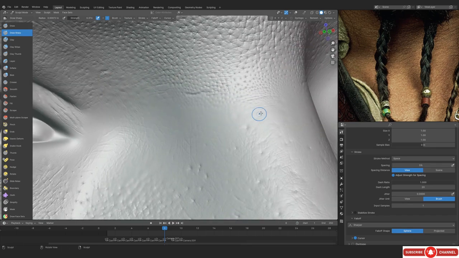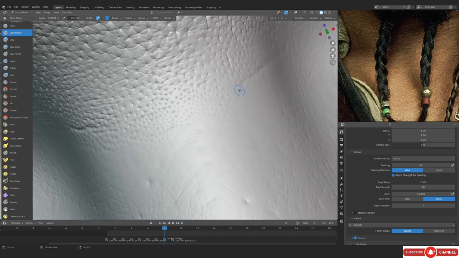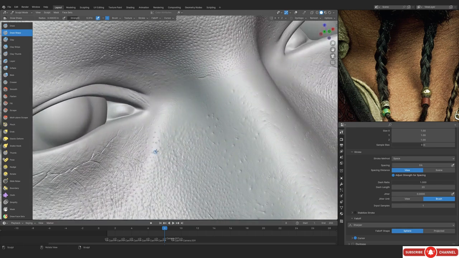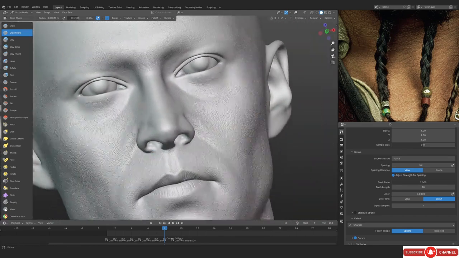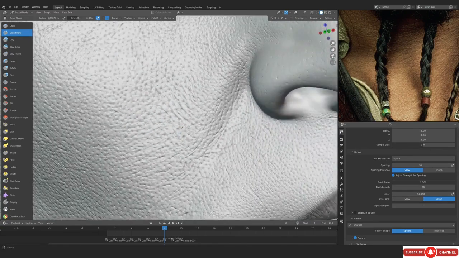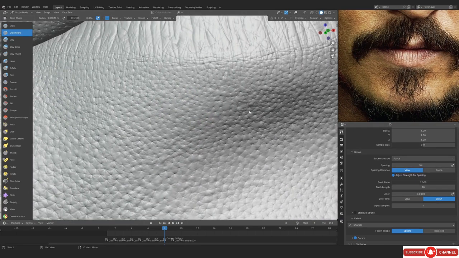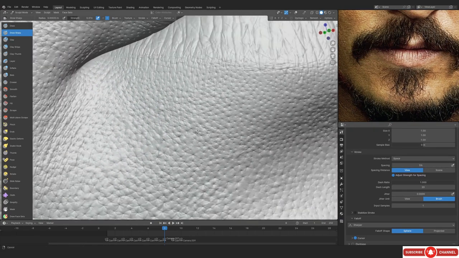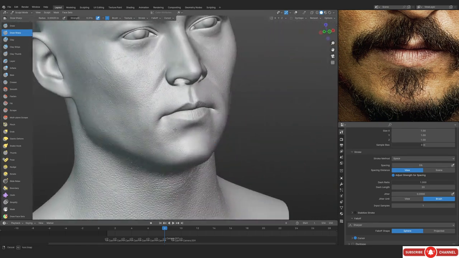So right now you can see that I'm pointing at the nose bridge area, and the skin is not completed here. What I'm saying is that we're going to have to complete the skin, because in some areas we have some gaps where we have not worked yet. Now that the neck is complete, the nose is complete, the eye bag and the lips are all complete, the only thing left to do is some more skin, and then we are basically done with the sculpting, at least for the face, not for the clothes.